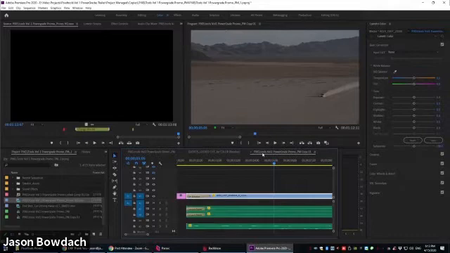I can have a lot more tools based on Lumetri. I have access to more effects via third-party effects like Red Giant, Sapphire, Boris effects. Whereas in DaVinci Resolve, while I have a lot of different color tools built into the page, I don't have as many effects per se. Yes, I do have OpenFX, but they're a different type of effect. They're really made more for editorial things. So there's a different paradigm of working in color here.